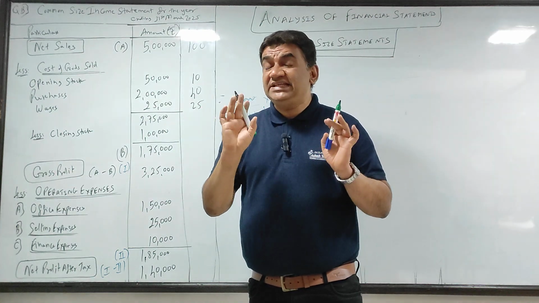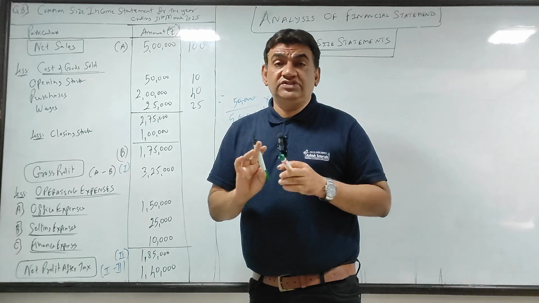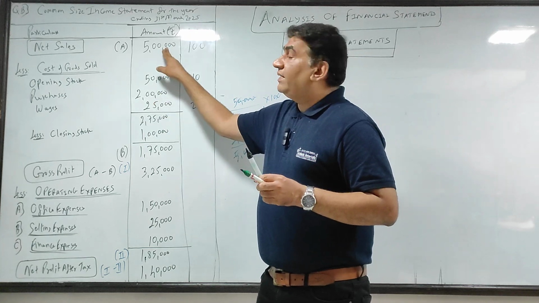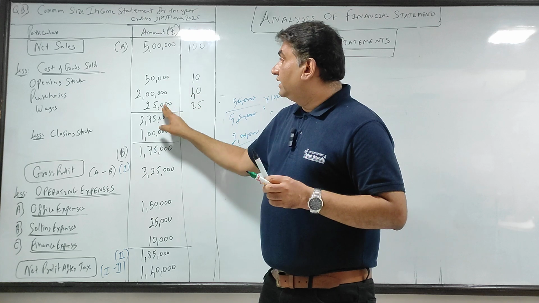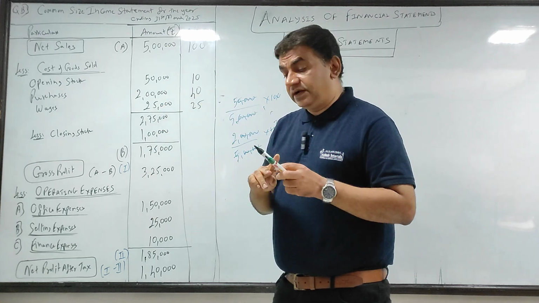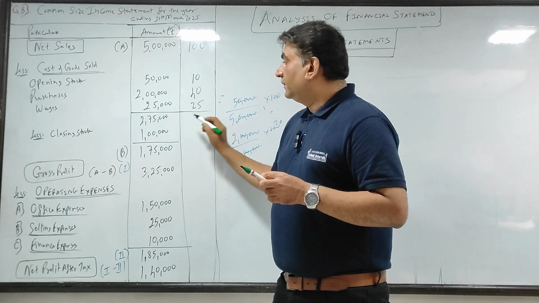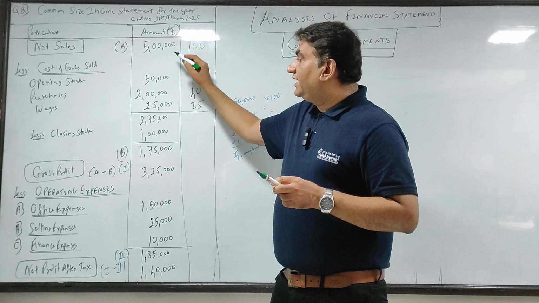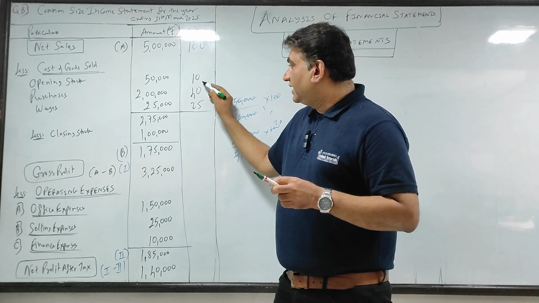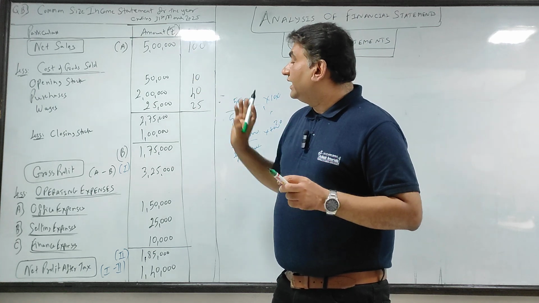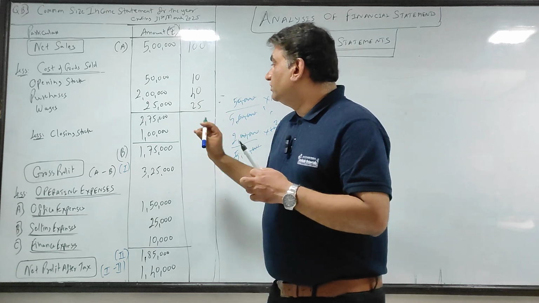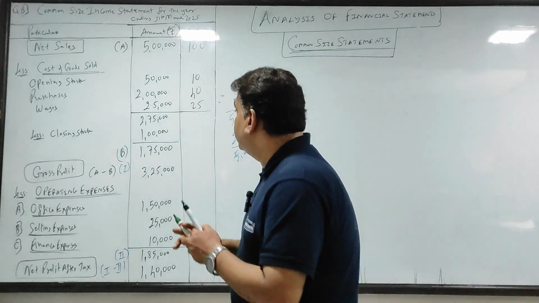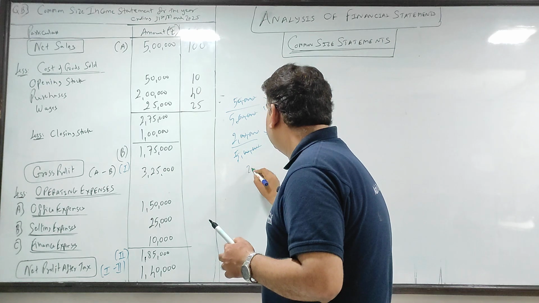Non-math students, please do the calculation individually. This divided by 5 lakh into 100. This divided by 5 lakh into 100. This divided by 5 lakh into 100. Now do 2 lakh 75 divided by 5 lakh into 100. See, this will come 60 and 2 85. Okay, 50 75. So 250 275